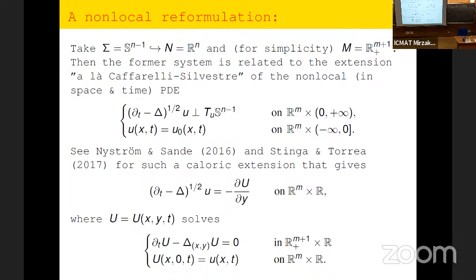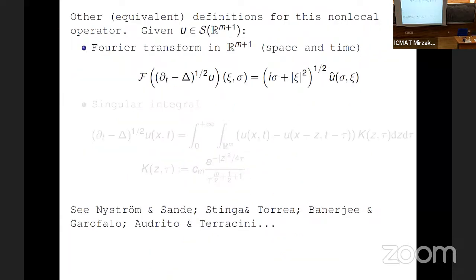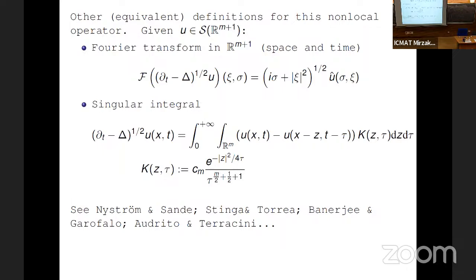Here we are relying on the fact that this operator is exactly the Neumann derivative, now not on R^m times R, but on R^m times (0, plus infinity), because we are imposing the equation here. So I'm not claiming that my problem is completely equivalent to these formulations when I take the